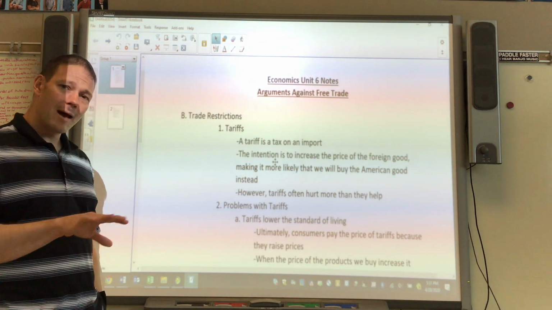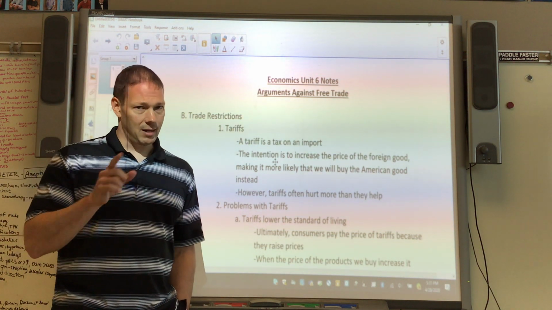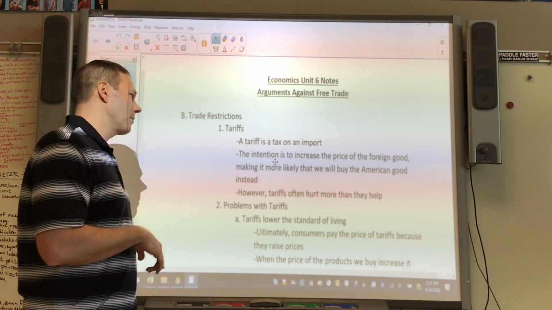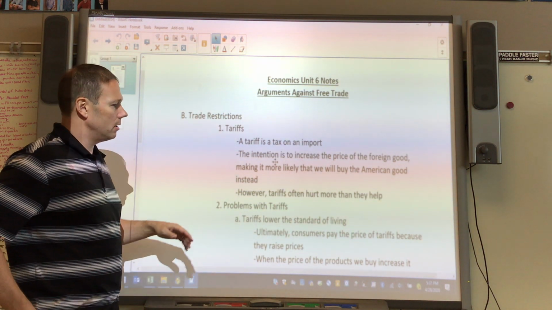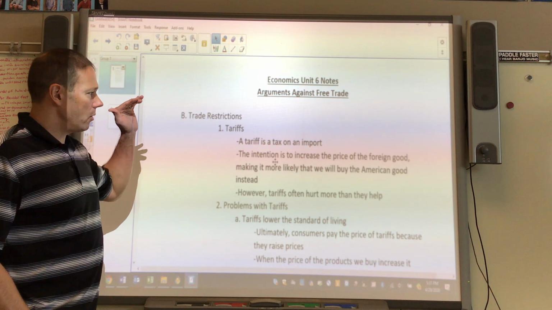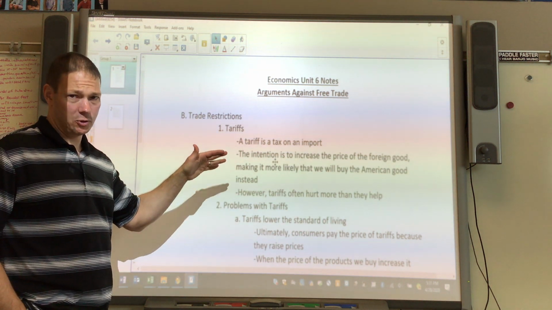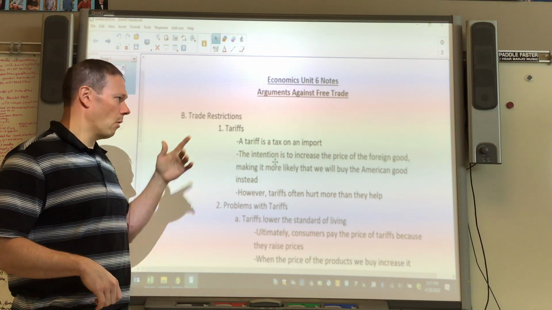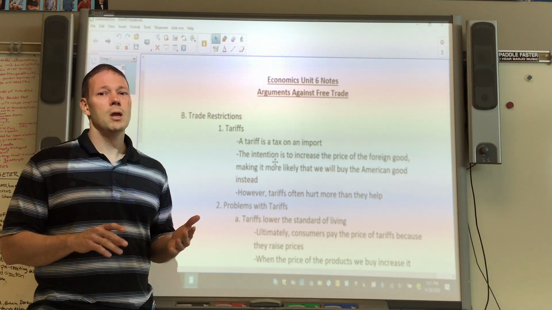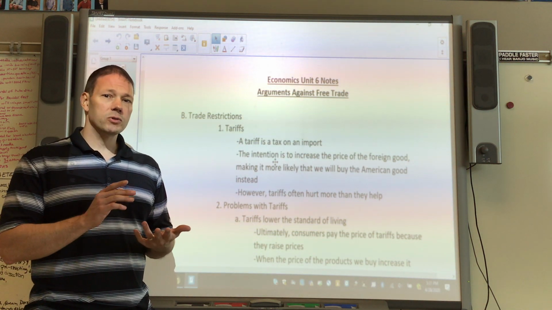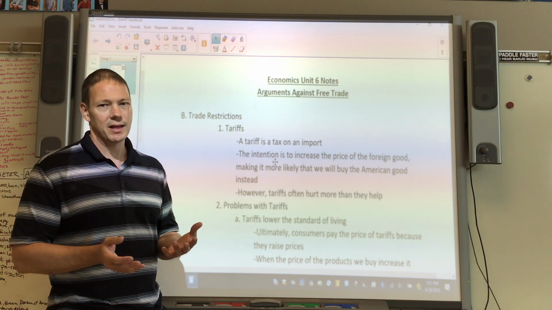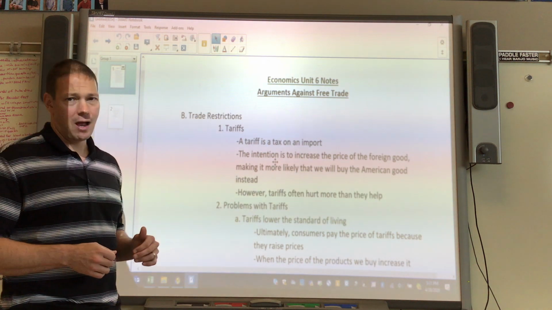But anyway, that being said, you know I'm a fan of free trade. That doesn't mean that there aren't people out there that think free trade is a bad thing. So the first thing I'm going to address here is the trade restrictions, types of trade restrictions. Now there are several different types of trade restrictions. What we're talking about here is by far and away the most common, which is a tariff. There are also quotas and trade embargoes and other things like this. We're not going to get into that so much because they're much less common than tariffs.